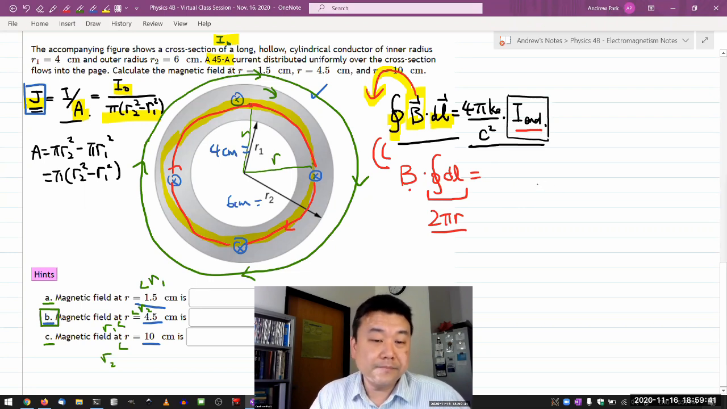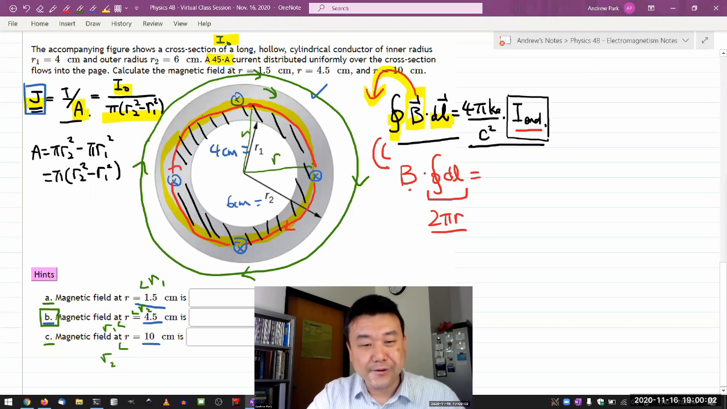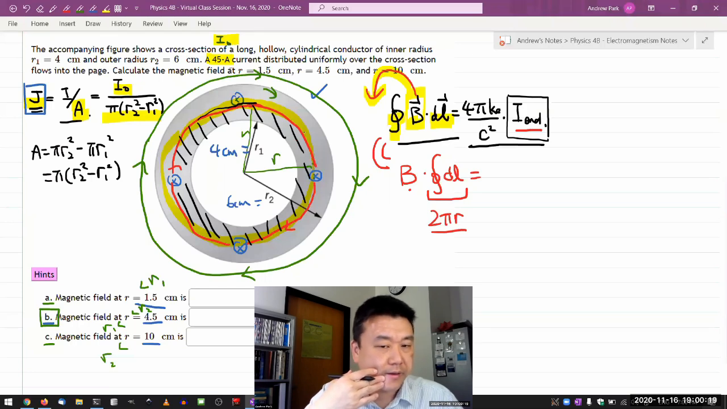So this loop here only encloses the current in the region that I'm shading. As you can see, it doesn't enclose all the current. It only encloses the current in this portion. So I need to figure out how much current is in this portion. And I feel most comfortable doing that more geometrically than